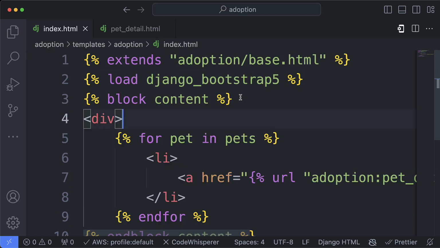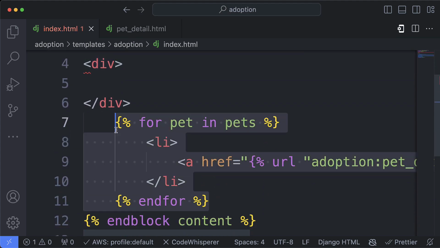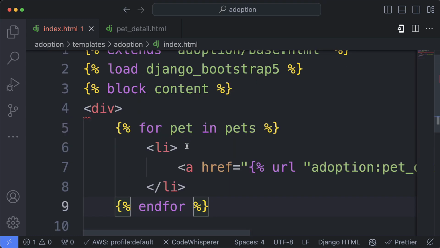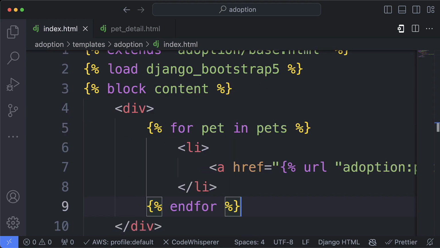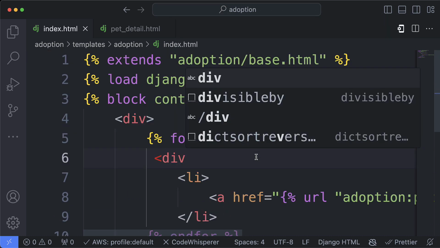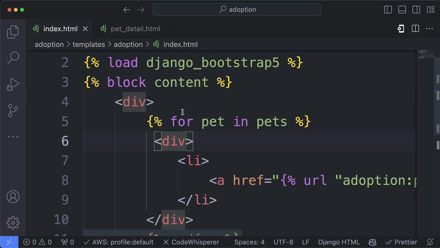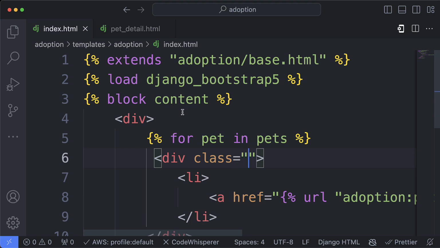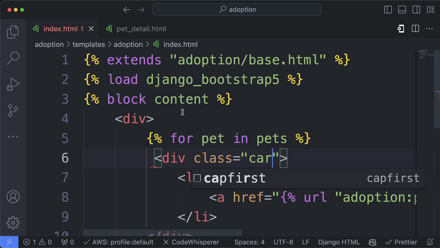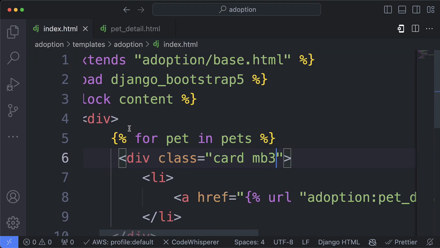Let's add a div real quick. And I'm going to add everything, that for loop, in there. Okay, very good. So inside of our for loop here, I'm going to add another div. I'm going to enclose everything as such. And for this div, remember, you're going to have access to all of this, so you don't have to worry about it. So I'm going to pass here a class name. This is all Bootstrap, of course. So card, mb-3, and mx-auto,